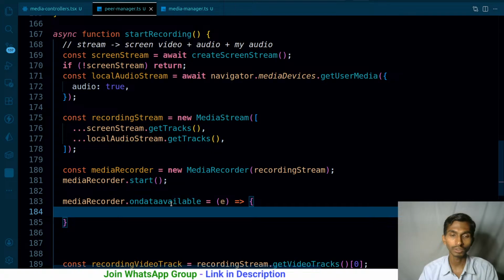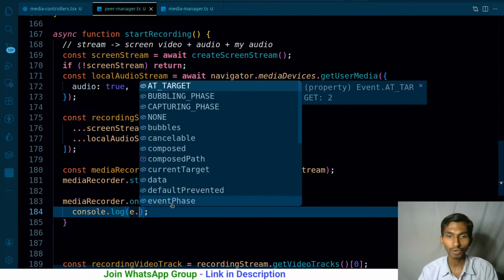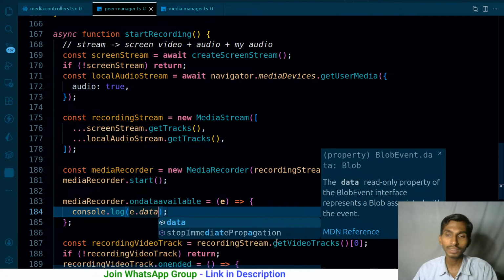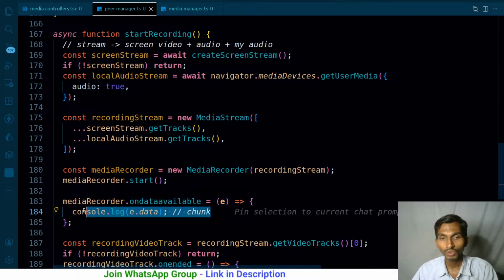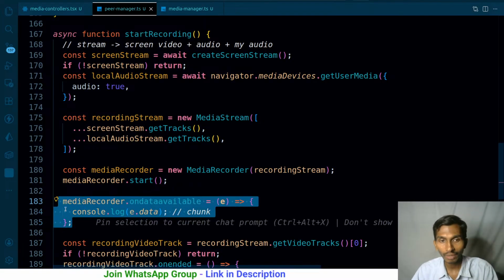Once I get the event, I will be getting the data in the form of event.data. But in which format is this? The data read-only property, the BlobEvent interface represents the blob and so on. Okay, it hasn't been mentioned here, but this is in the form of a chunk. So with one chunk I can't really do anything. So whatever chunks of the video I have, I will have to collect them.